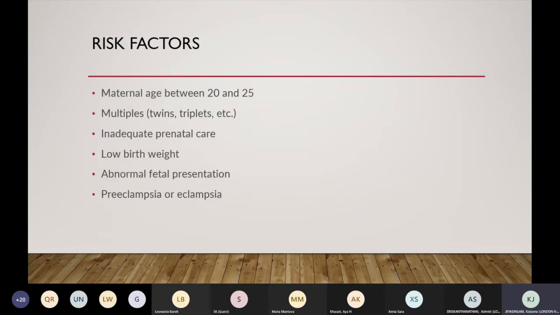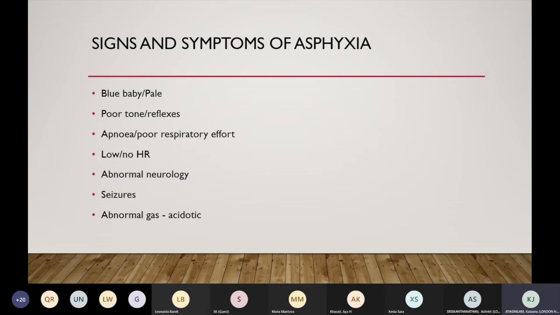Risk factors are if mom is between age 20 to 25, obviously if there are multiples, such as twins, triplets, etc., if mom has received inadequate antenatal care, if the baby is of very small birth weight, abnormal fetal presentation, or preeclampsia or eclampsia. Signs and symptoms of a baby that might not have been getting enough oxygen at delivery would be that the baby would be born